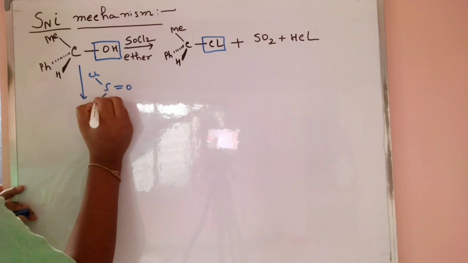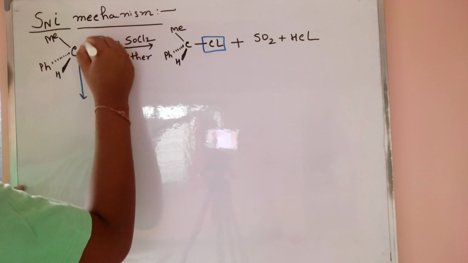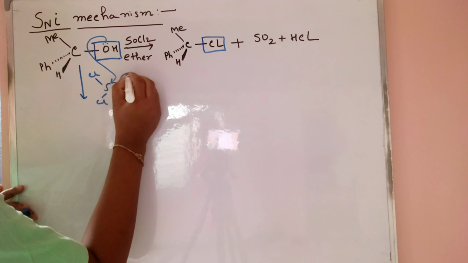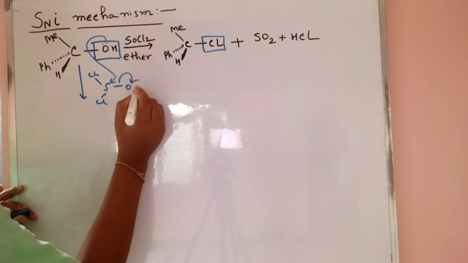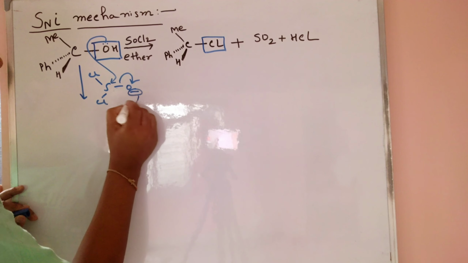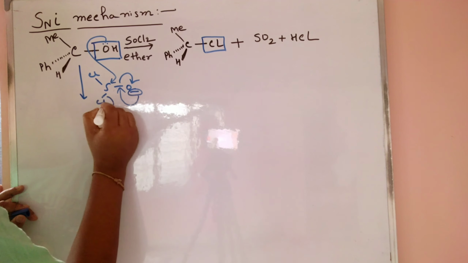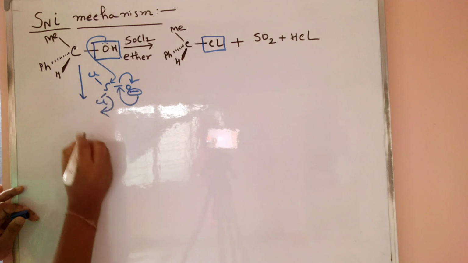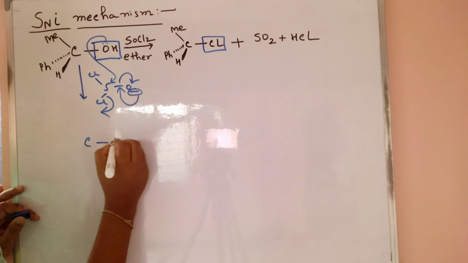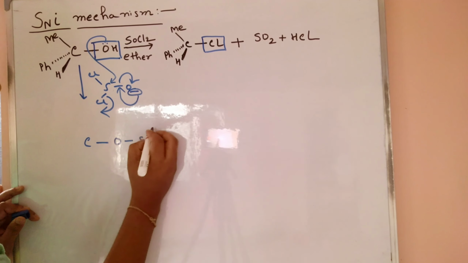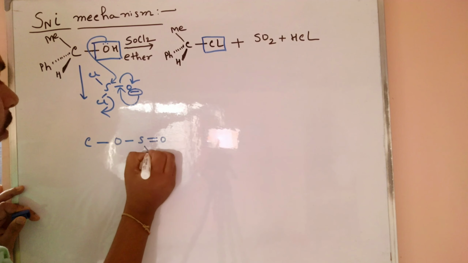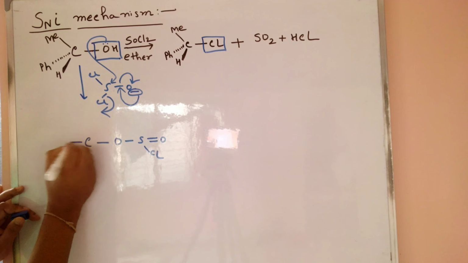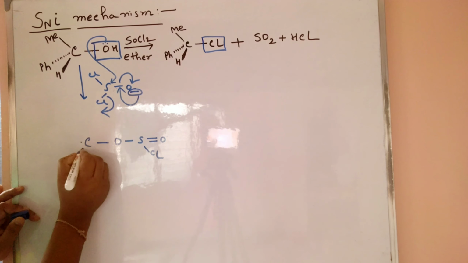In that case we use SOCl2 as the reagent. The lone pair of oxygen attacks the sulfur atom. So the minus charge is formed on oxygen, and this minus charge returns back and Cl is removed. After Cl is removed, the structure converts to O–S double bond O–Cl, and here almost the same structure,